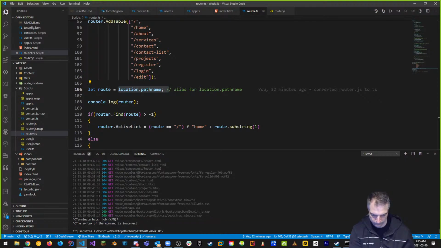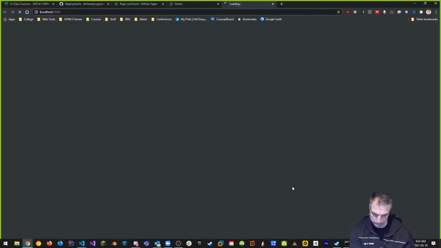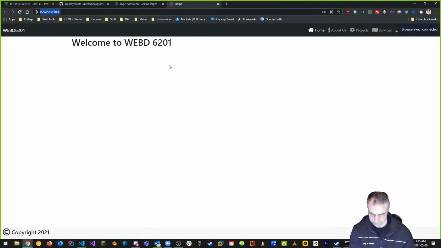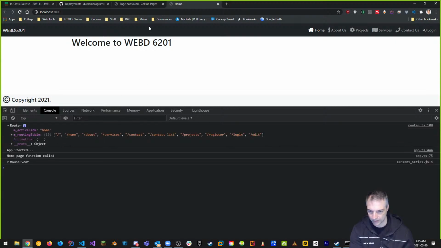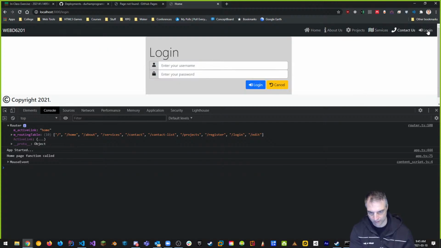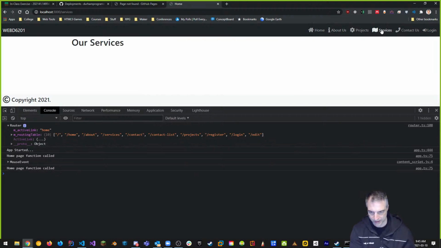There we go. No problem. Here's my router. My router is there for every link. But the page's not loading for that one. And here's my routing. My active link is home. Look how it says my active link is home.